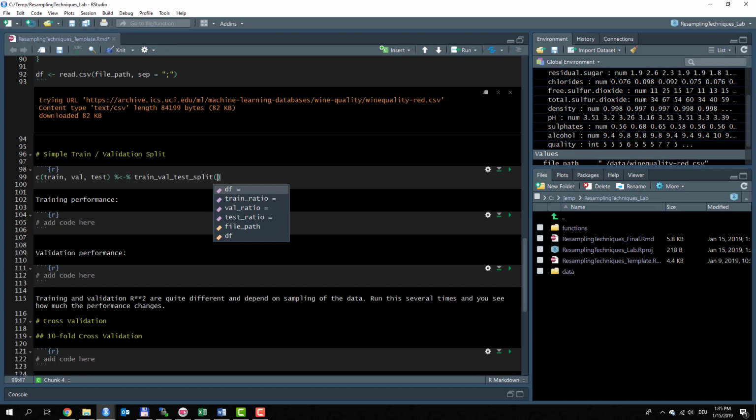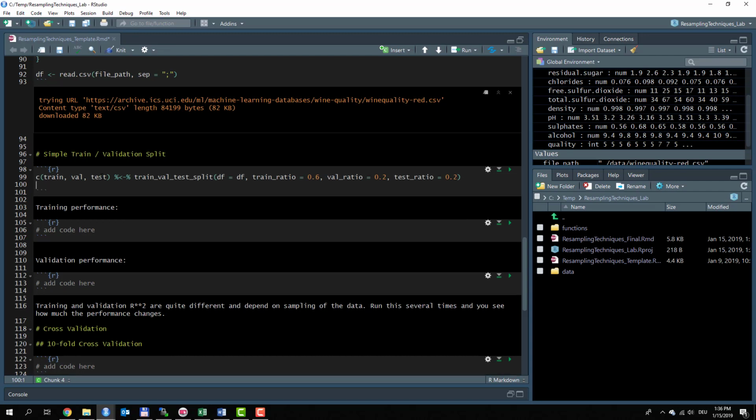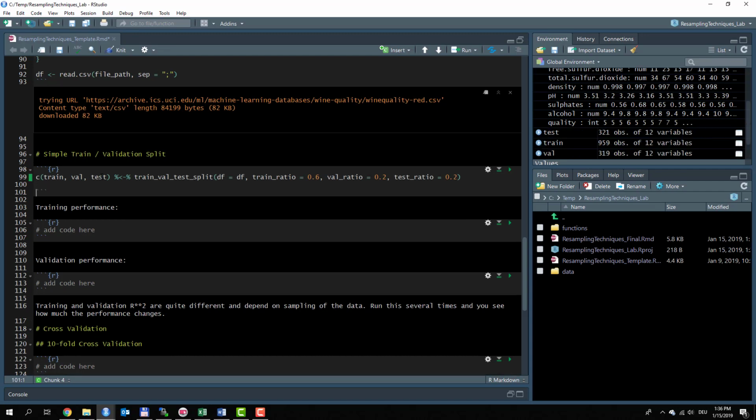The first one is the data frame, that is going to be df. The next one is going to be the train ratio, which we will set to 0.6, and the validation ratio, which we define by 0.2, and the test ratio 0.2 as well. Okay, let's run this. You can see the objects are created,